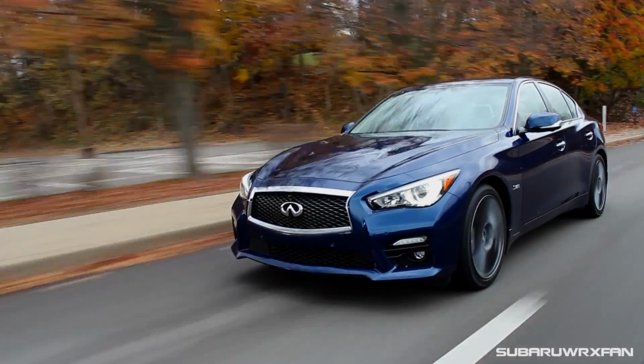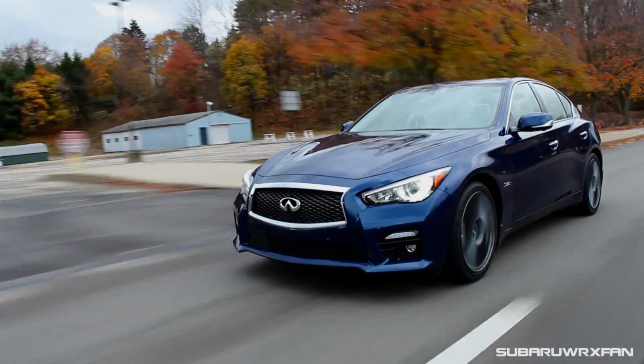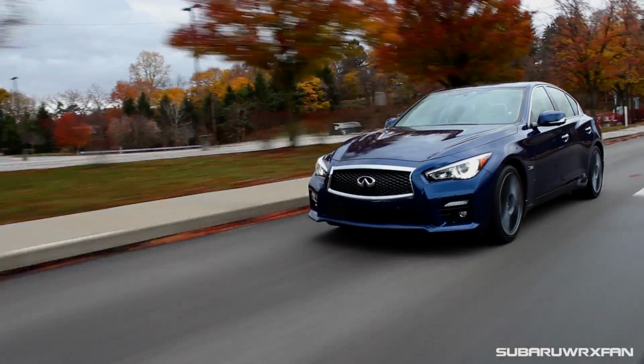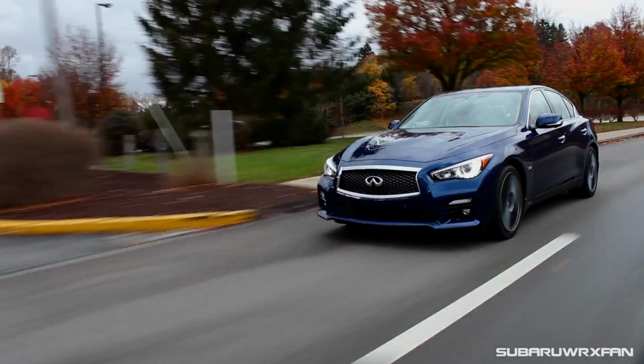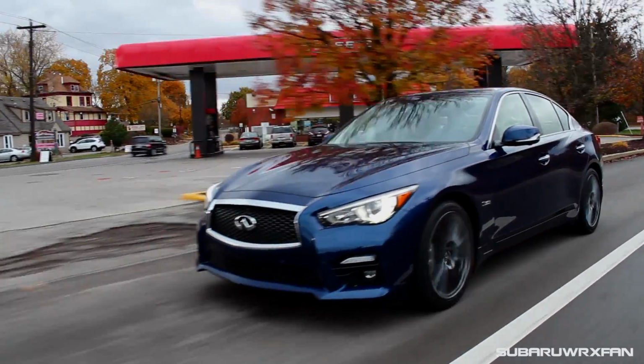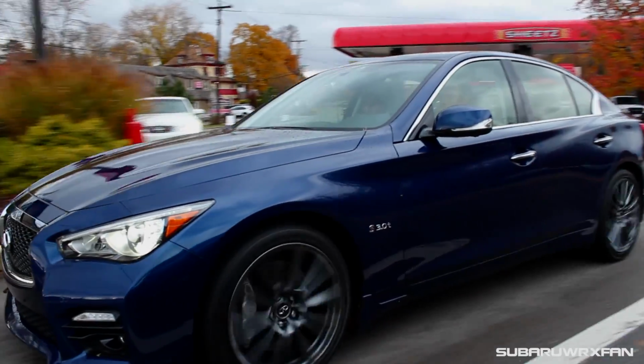This one, as tested, is $60,585. So 60,000 bucks, even with the expensive Germans, gets you pretty far. You can get basically a fully loaded BMW 340i with xDrive and all the M Sport packages for basically the same money. Another car you can get for the same money is the Jaguar XE R-Sport, which is